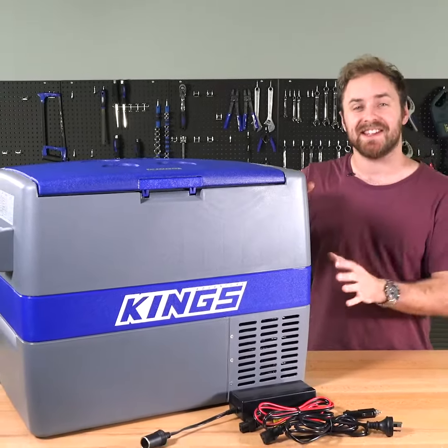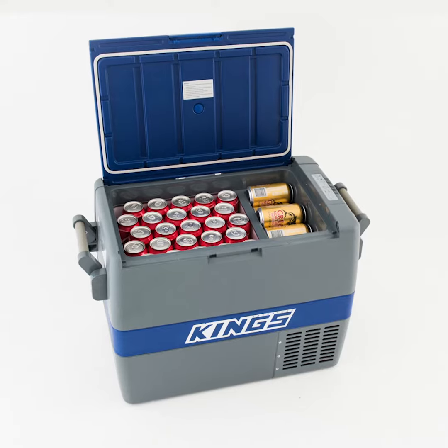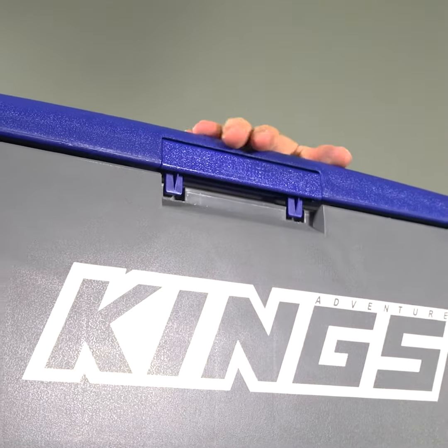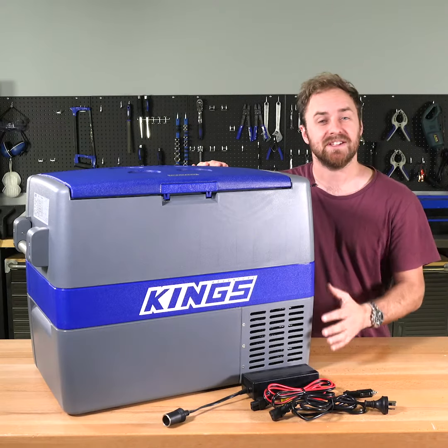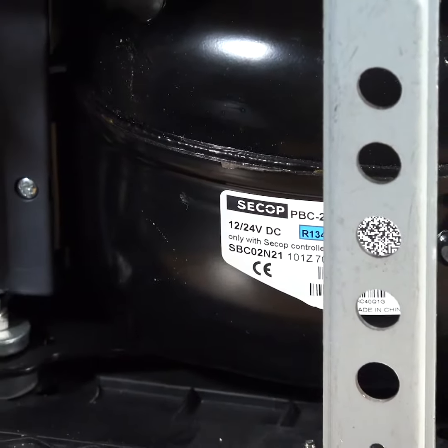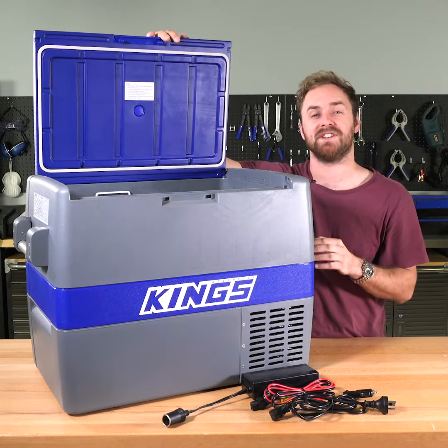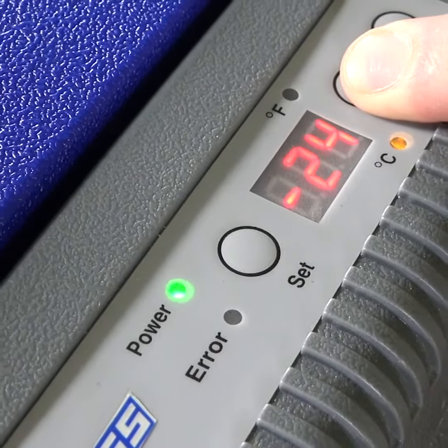The Adventure King's 60 litre fridge freezer can hold a whopping 88 cans. It's the perfect size for a week or the weekend. It only uses the best components, and inside is a legendary Seacop compressor, so it chills down fast. Combined with the thick insulation and seals, it's super efficient and can chill all the way down to negative 25